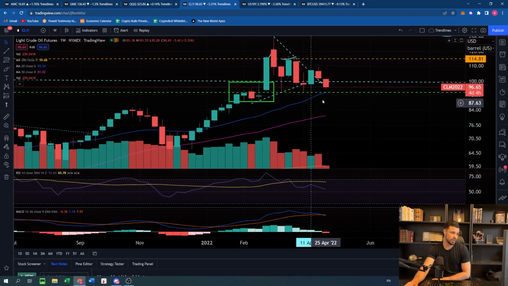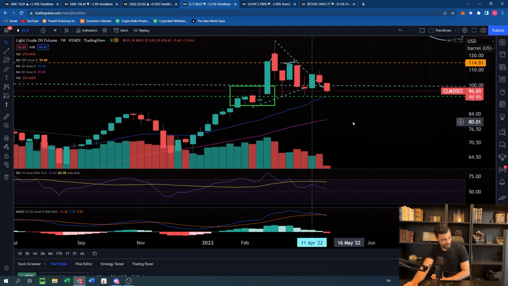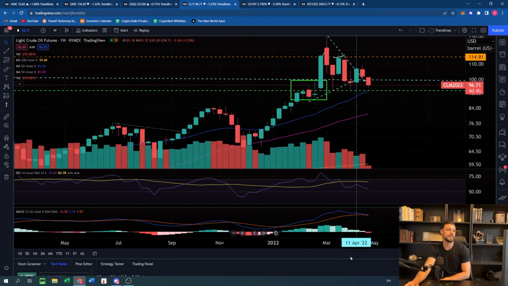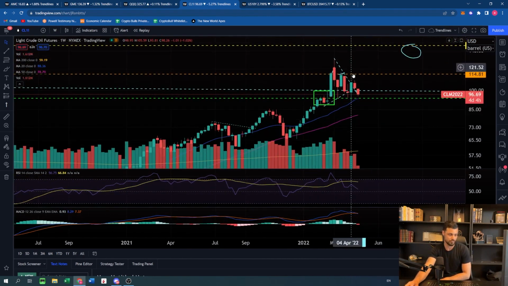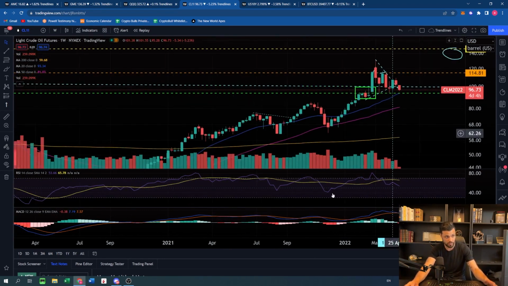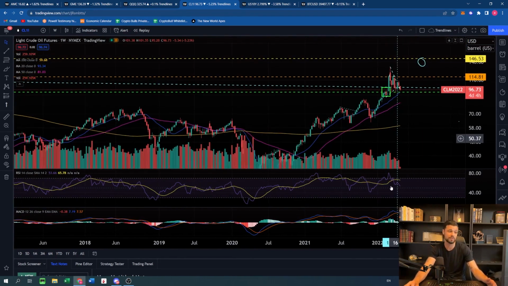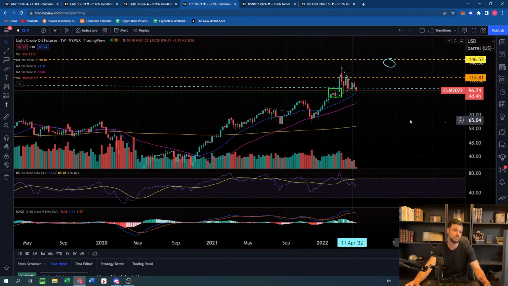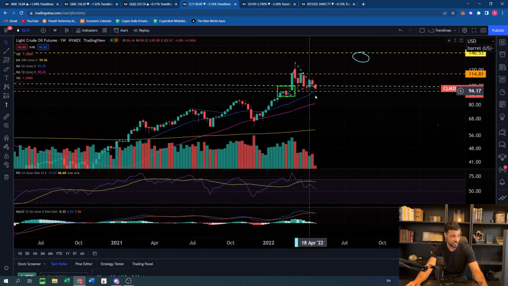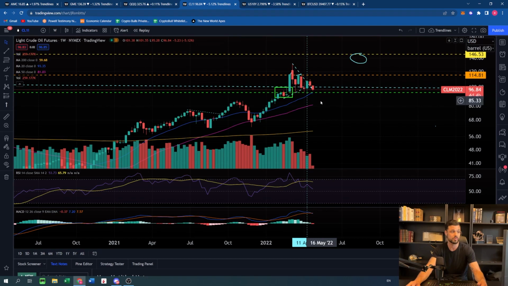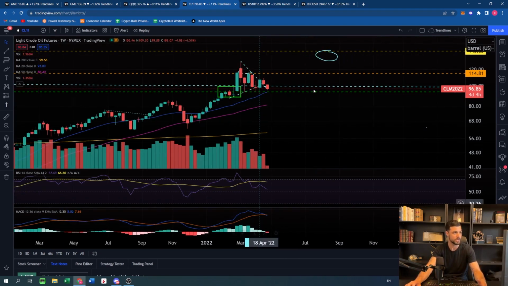Above 93, I still feel like we have the bullish momentum that is coming from this long-term breakout. But if we go below 93, maybe it would mean that the situation has changed, and that this breakout, even if it's a good quality breakout, as you can see, consolidation, volume increase, maybe it's not going to hold, because once again the commodities market is very, very related to macroeconomics and to what is happening in the rest of the world. So even if you have a nice technical signal, it can be rejected because the situation is changing. So I'm still bullish on the commodity market, but we are getting close to an area where maybe things will change. So we're going to monitor that.